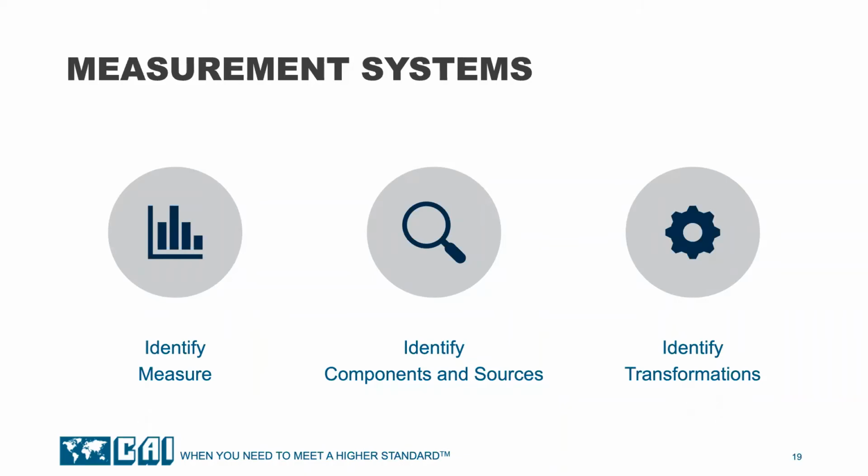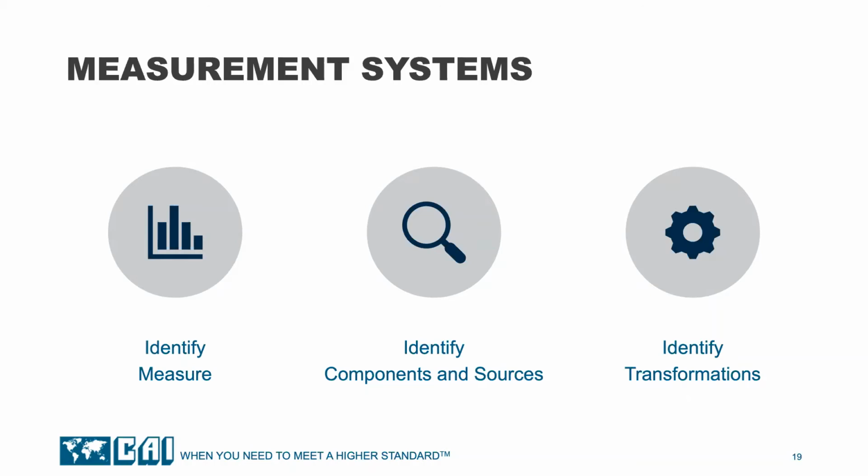The first step in building a measurement system is to define exactly what it is we want to measure. In our case, we want to measure average document review cycle time. For the second step, we need to first identify the components that make up the measure. For the average document review cycle time measurement, we will need the start and end times for each reviewer of a given document. For our average document review cycle, all the data will come from our workflow table in our electronic document management system.